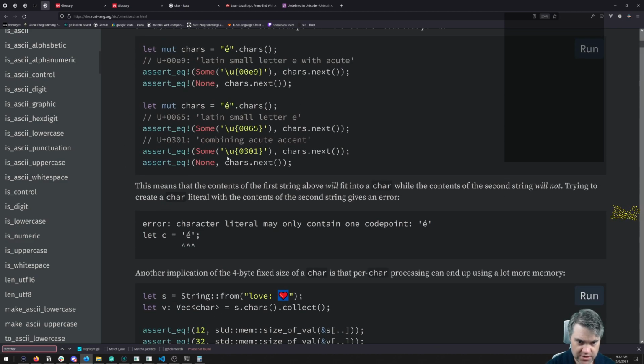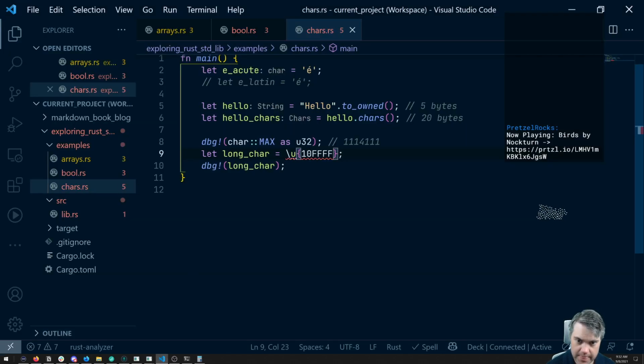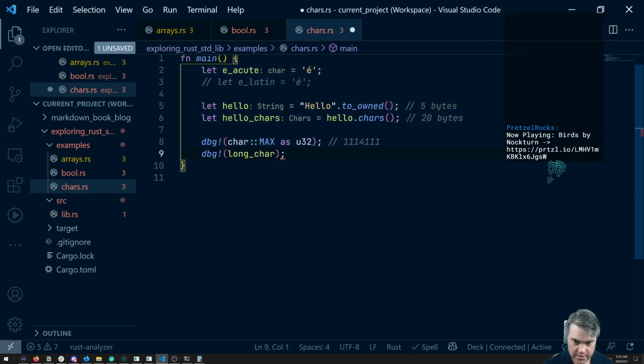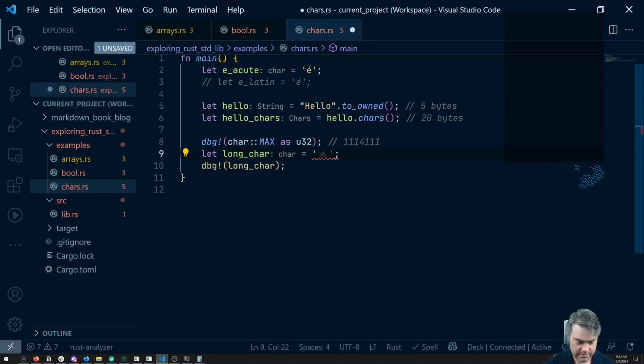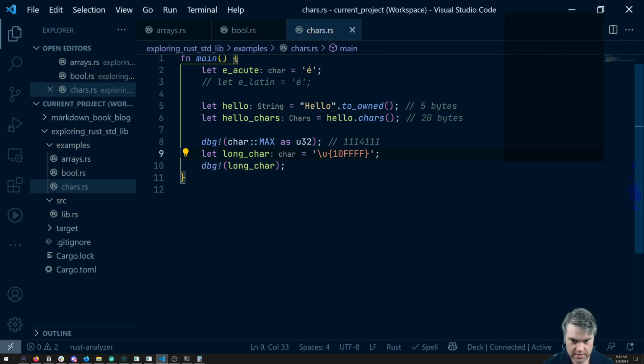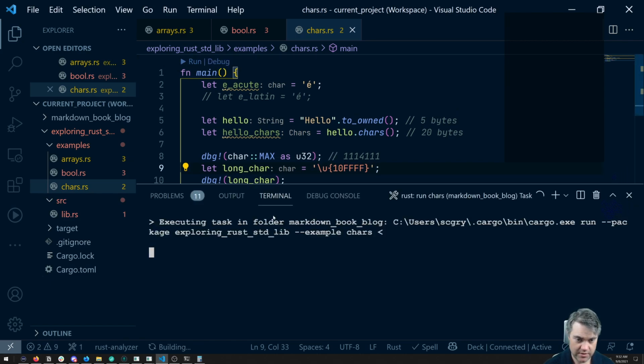Now it shows this as the way to do that, but oh wait, in quotes. Oh, come on. You're not going to let me quote. There we go. So now if I debug this out,